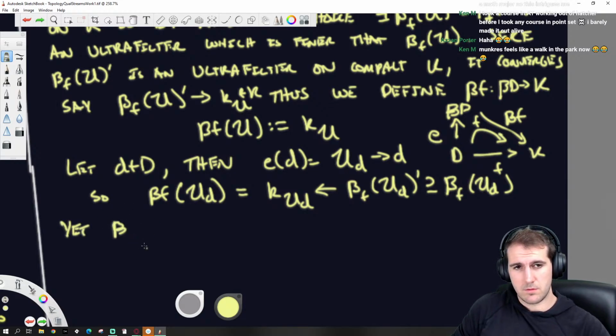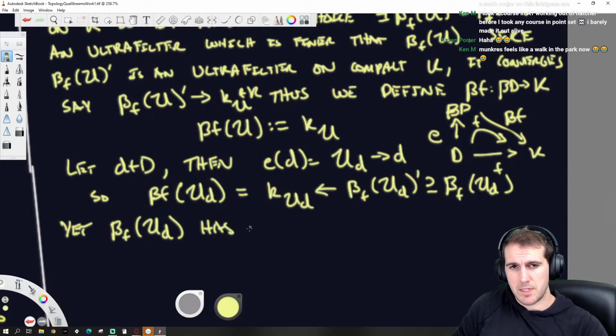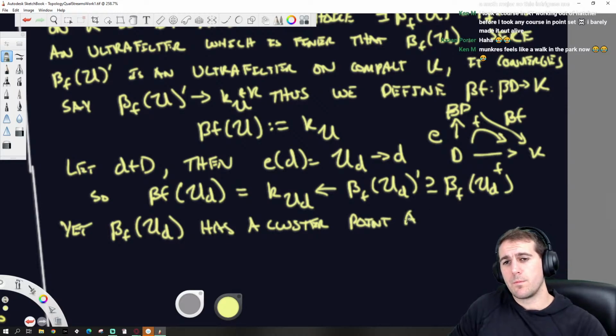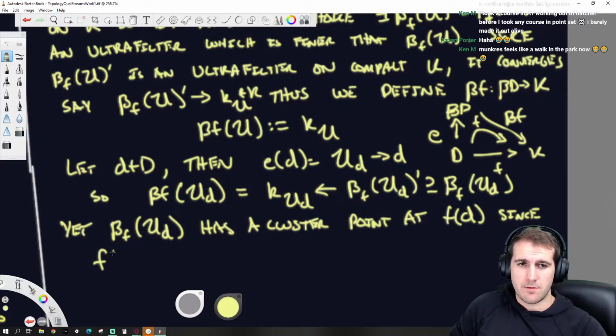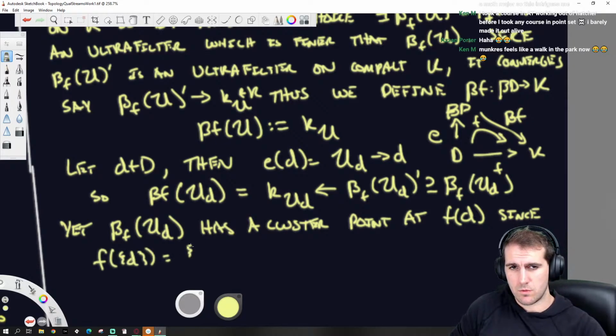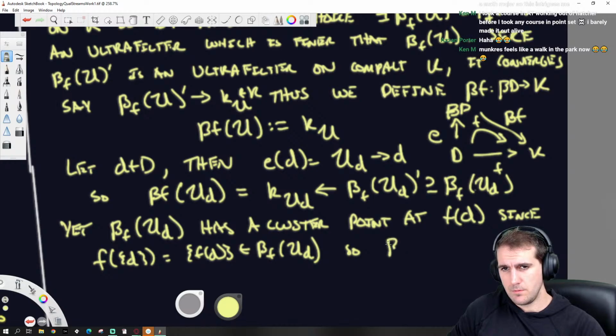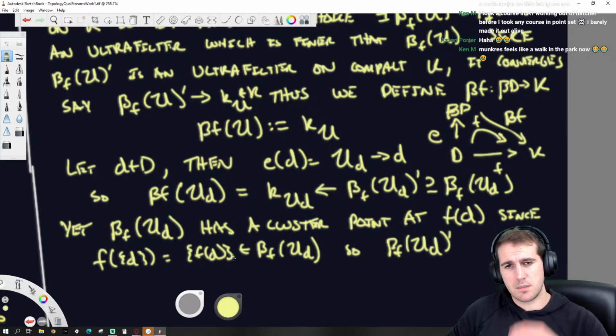at, beta f of u_d has a cluster point at f of d, since f of d is equal to a singleton {f(d)}, which is within this filter. And it's unique, right? It's a unique cluster point because the filter can't converge anywhere else.